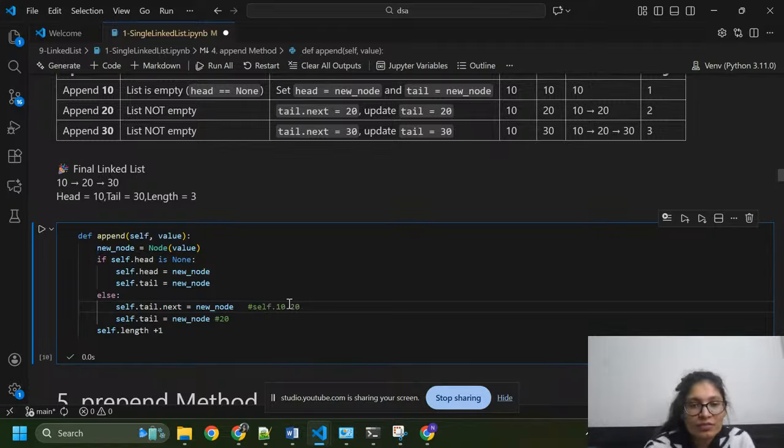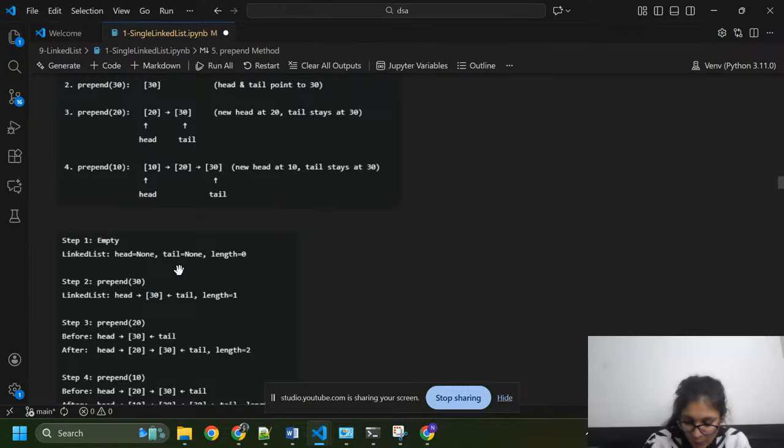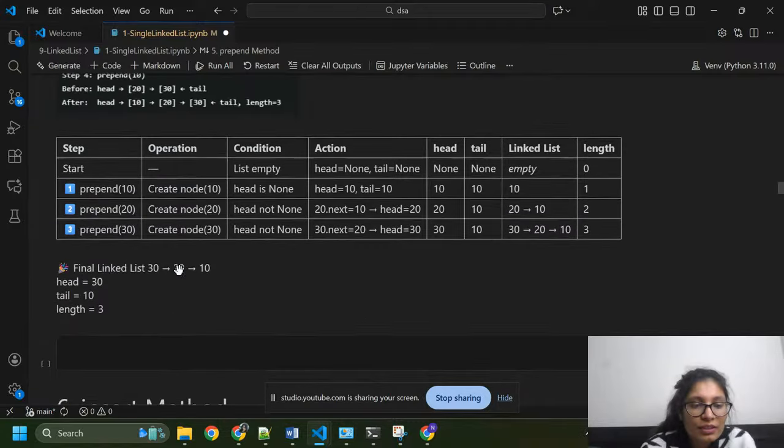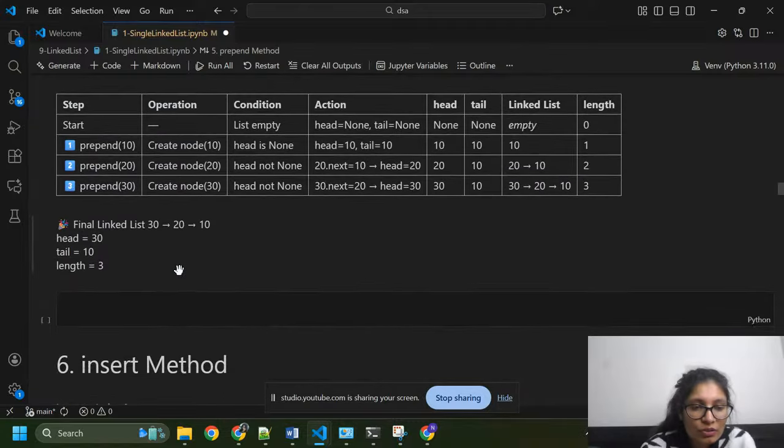Now we are going to write code for prepend. First of all, prepend means we are going to add an element at the beginning of the linked list. So this is the function.